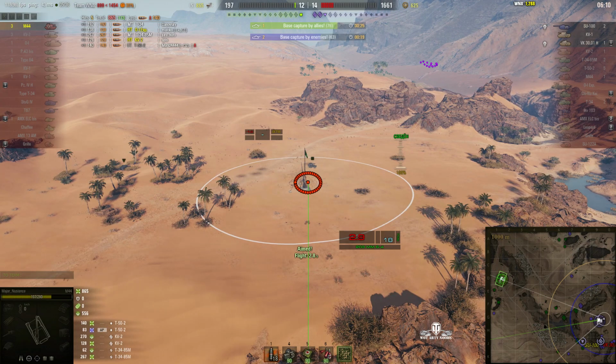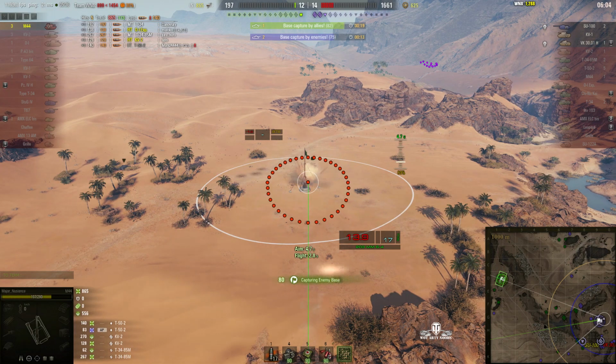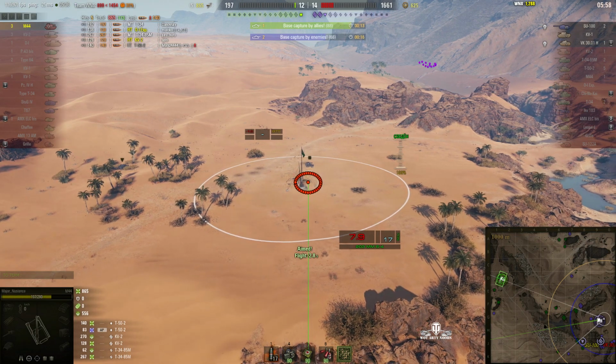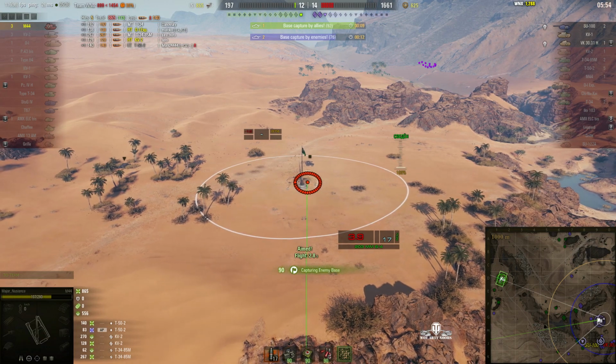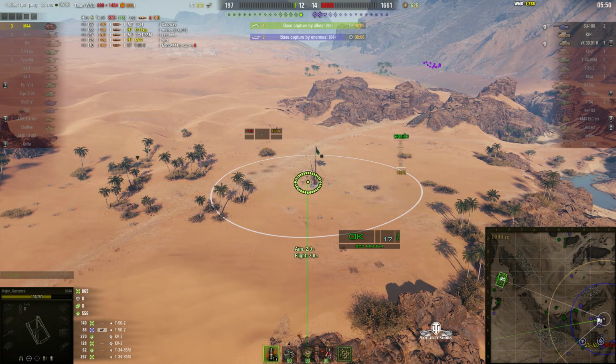But if we can get a reset, we'll win. If we don't get a reset... Oh, we did! He got the reset! That wins the game! He's now ahead of them. Well, it could be a draw, but if he can get another reset, he's definitely won the game. Loading another shot. Fires a round in, and...